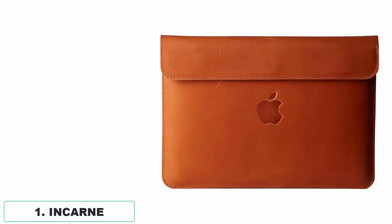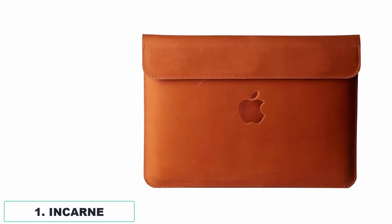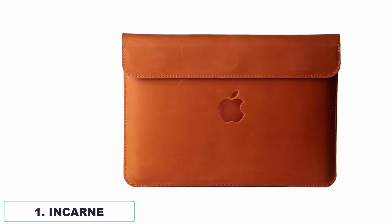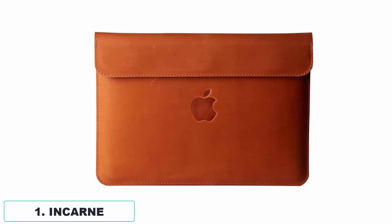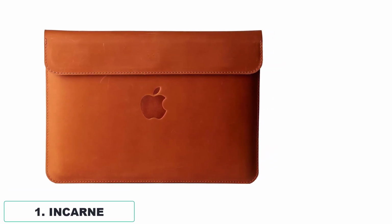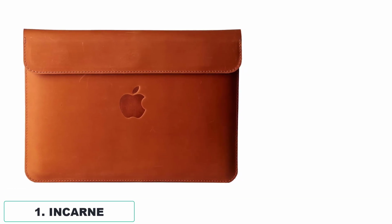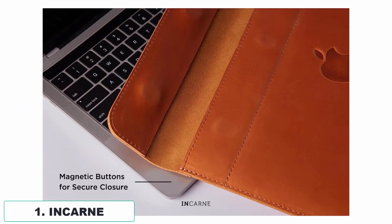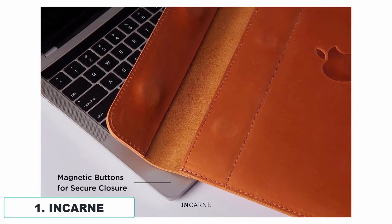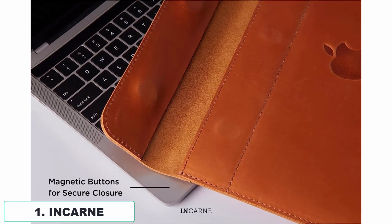Number 1. Incarnate. The Incarnate MacBook Air Pro laptop sleeve leather case is a stylish and functional accessory for your MacBook, handmade with meticulous attention to detail. This laptop sleeve exudes a premium feel with its high-quality leather construction. The sleek design perfectly complements the MacBook's aesthetics, providing a slim and form-fitting case that ensures protection against scratches and